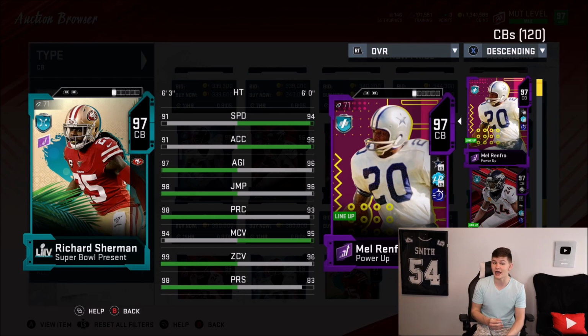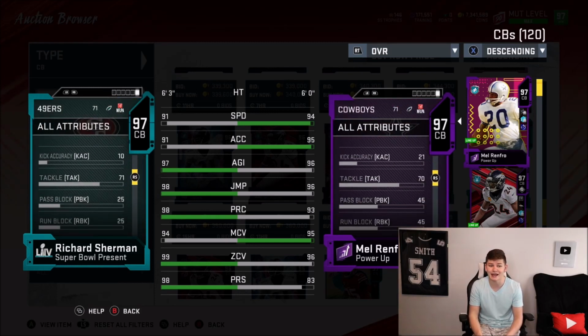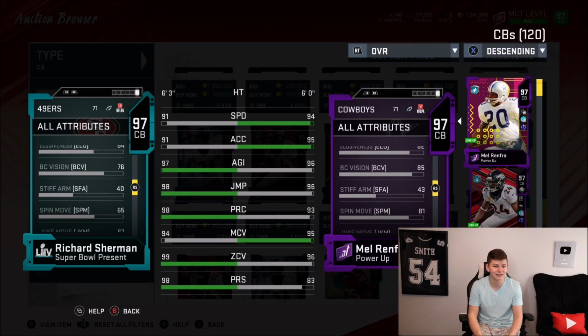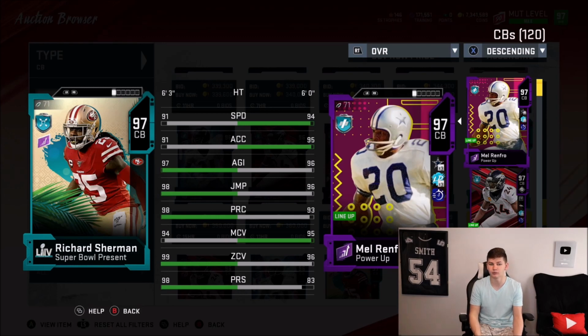But if you do that, he's got 99 zone, with 98 press. He's got 94 man, 98 play recognition, 98 jumping, 97 agility. He's got an 80 catching, 71 tackling with a block shed of 53, which is really, really good for cornerbacks. And of course, a hit power of 73. Sherman is all around really, really good. Just not my personal style corner, but if you want to use a power pass on him, get on to